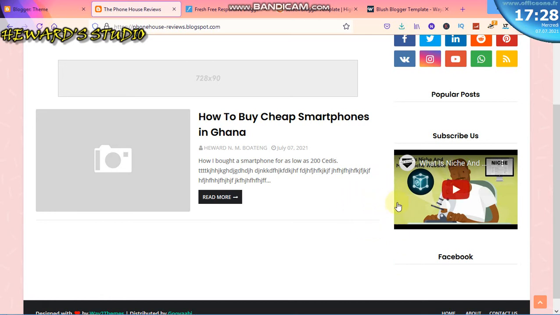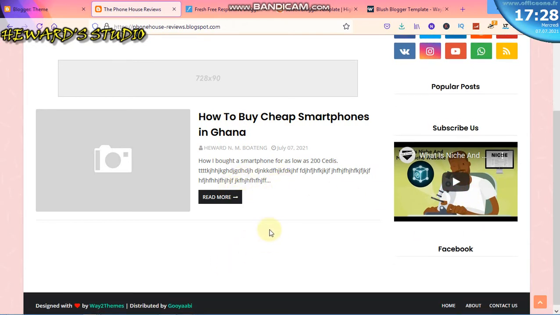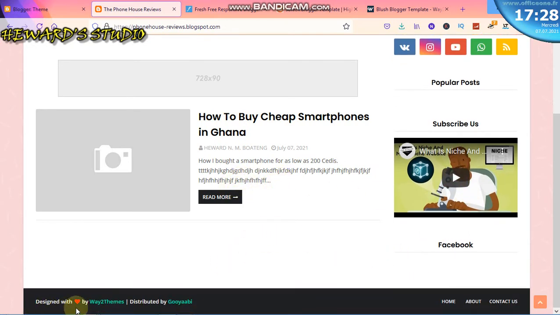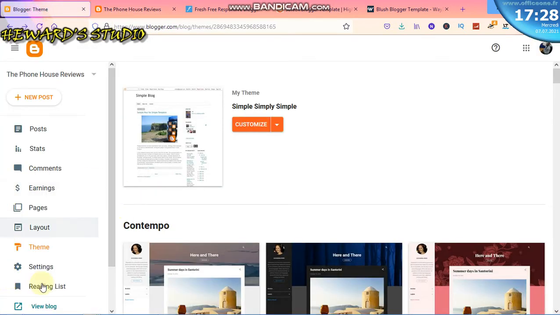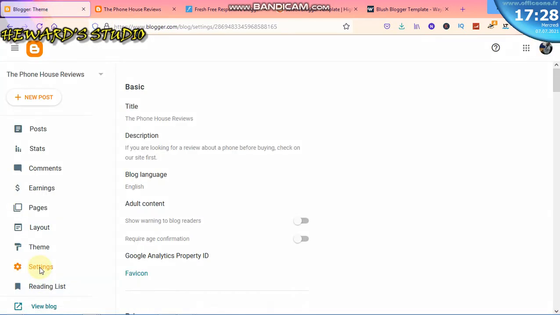You can work on the template the way you like it. Even if you have articles written, they will still be there and they will work. So when it comes here, it was designed with, okay, that is not a problem. And home, about, contact us, add your sidebar. If it's nice, it's also good. Now let's get to here and see the settings,